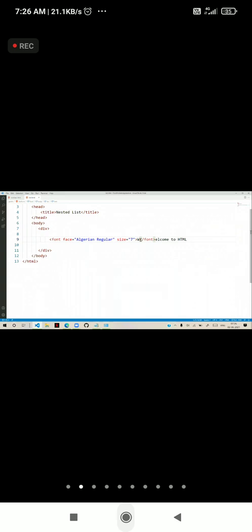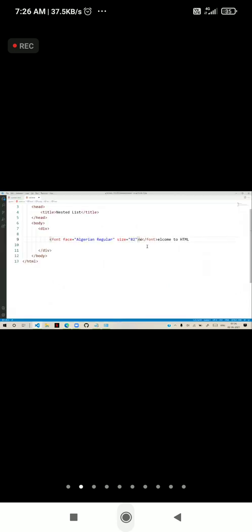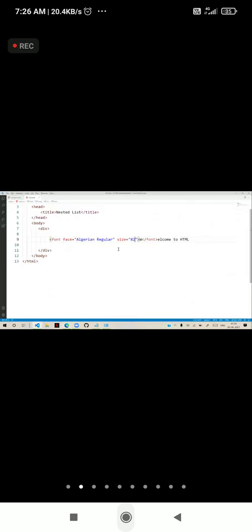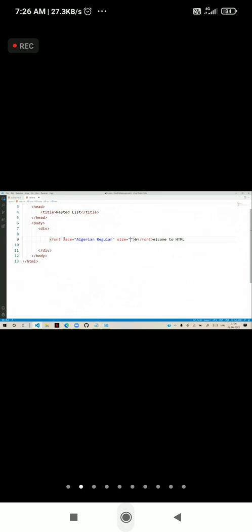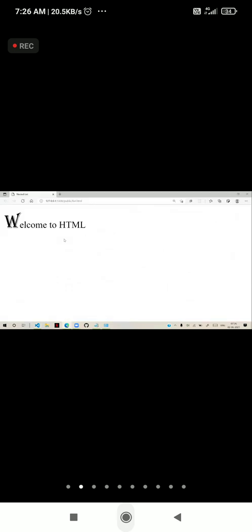And I am changing the size here as 8, and you can see there is no change in the size. I said some 82, there is no change in the size, because the font size can be applied only from 1 to 7 levels only. With 4, the font size will decrease a little bit. With 6, it will increase a little bit like this. So you can apply separate font color.